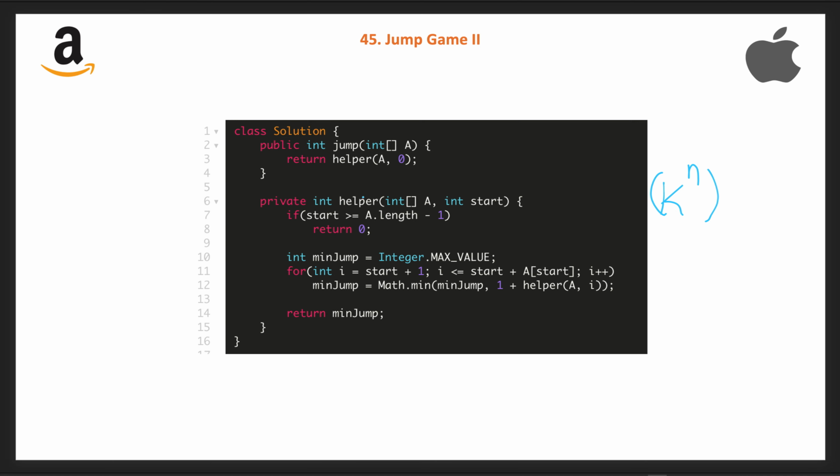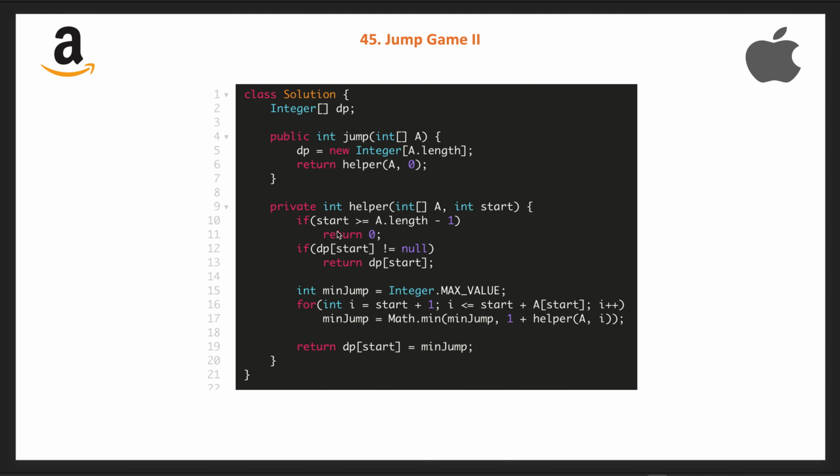So we will try to cache this based on this index, either in the map or in the integer or in the deep, or we can simply store it into the array. We will cache the solution of the small subproblem and later we will reuse that. So here is the code for this, called top down DP.